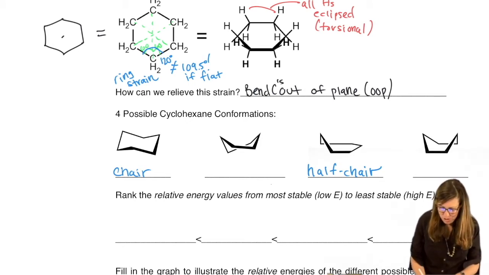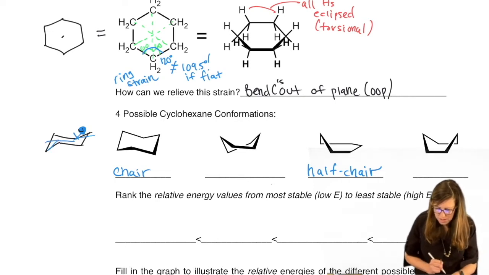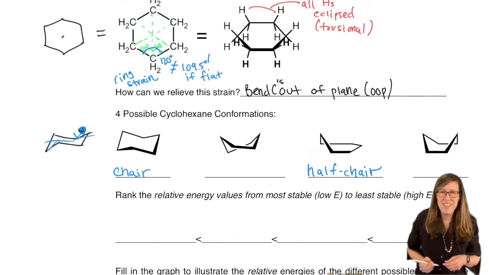So I'll draw real quick on the side a little cartoon to maybe help you remember. If you have a person sitting in a lawn chair, let's make them happy because they're at the pool. And then you'd have the headrest right here. And where it's pointing down, you have your feet. That's the chair.